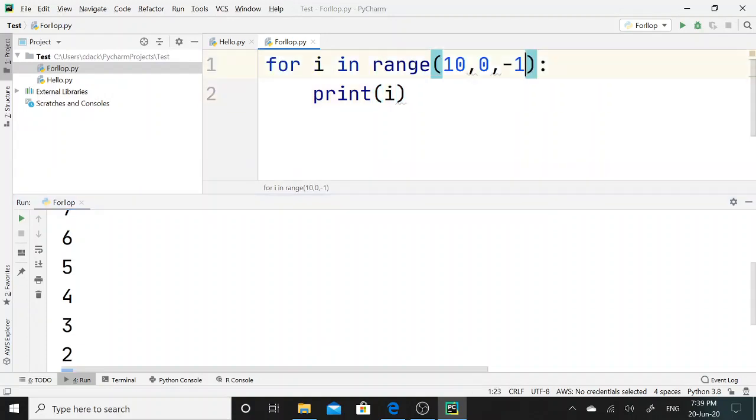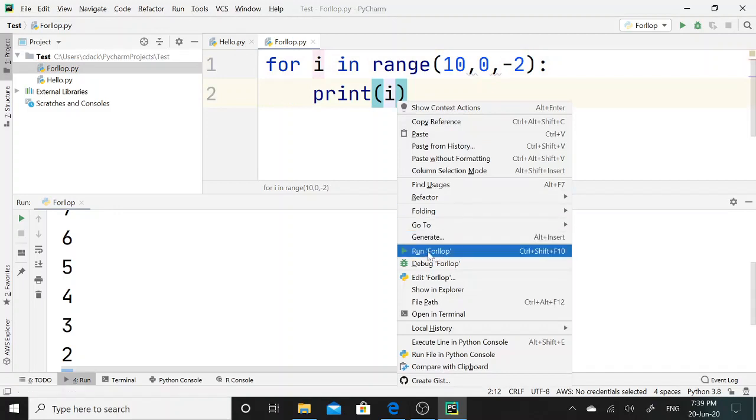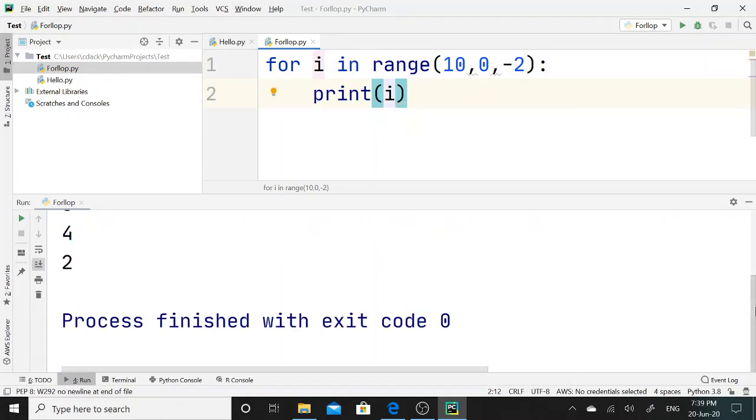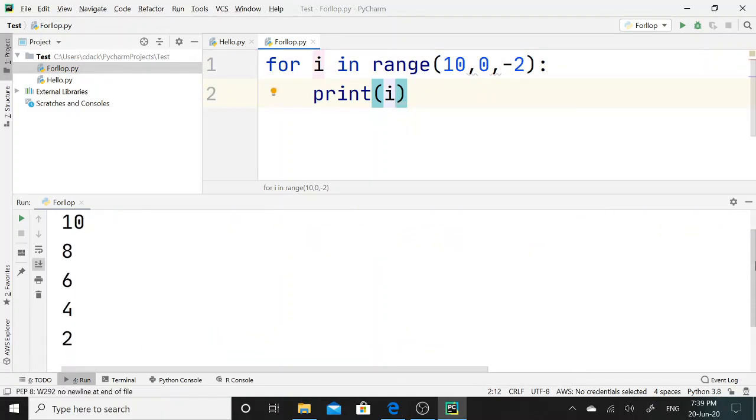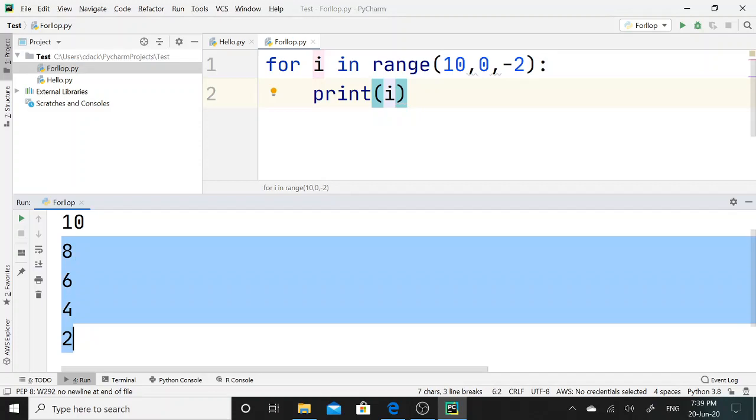Likewise, if I want to decrement the number by -2, then here at the step parameter I will mention -2, and if I run this file to assess the output, you can observe that the further numbers are decremented by -2.